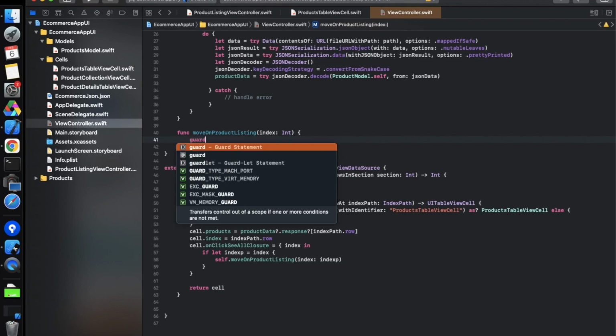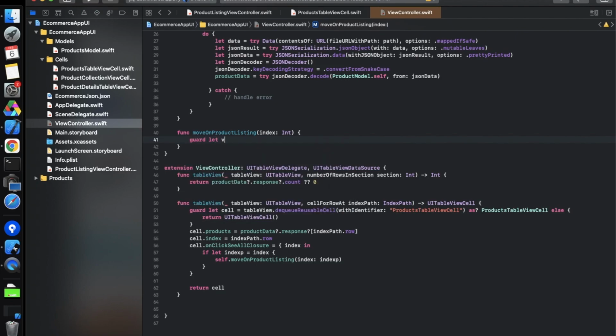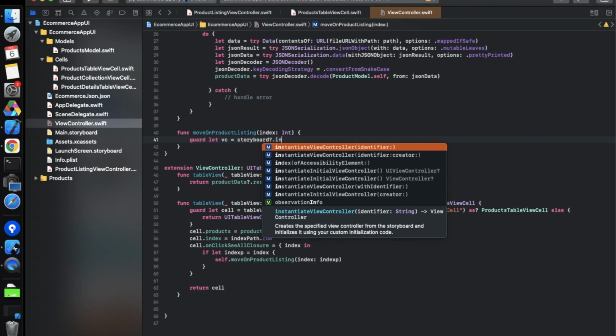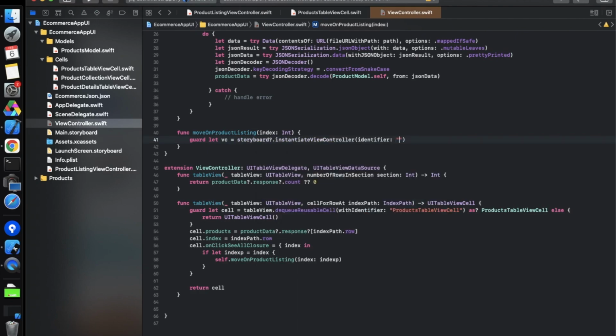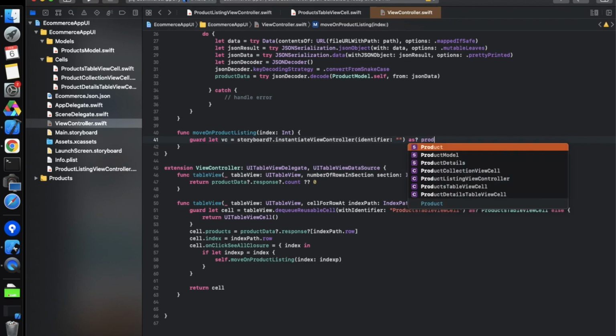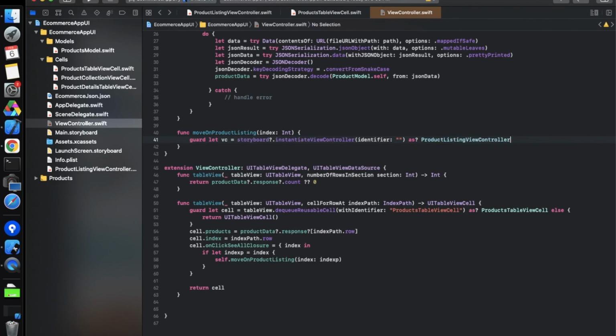So we have to use a guard let vc equals storyboard dot instantiateViewController with identifier, and in this we have to pass the identifier of the view controller. So ProductListingViewController. This is the name, the same we have passed as the storyboard identifier.